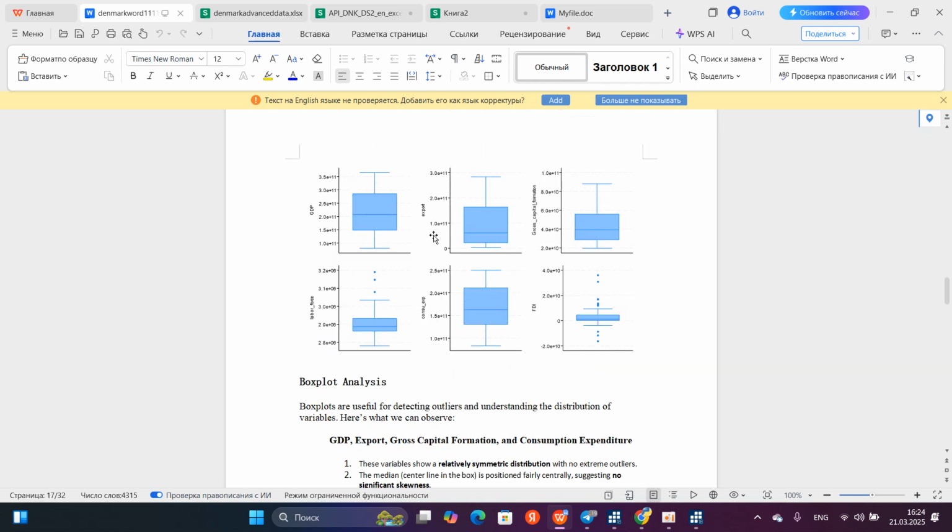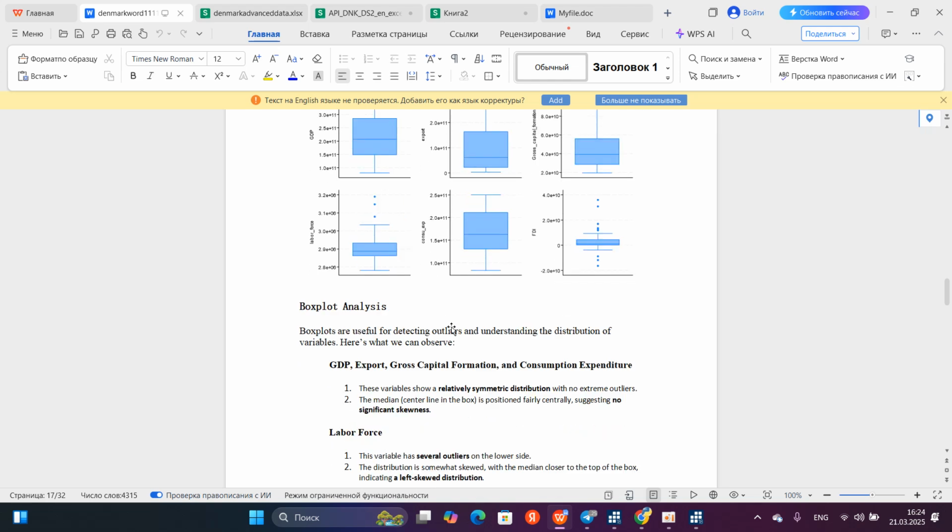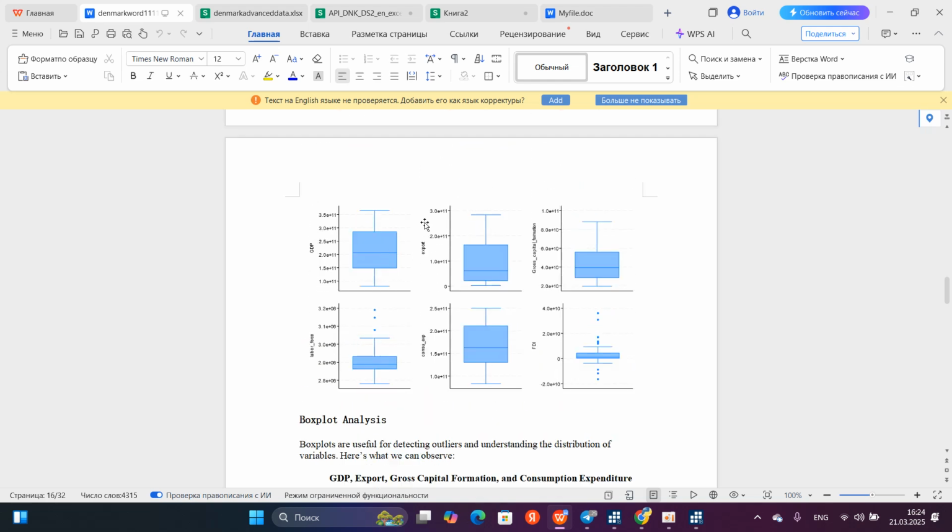Here you can see GDP, export, gross capital formation, and consumption expenditure. All of them are in our graph box. When you see this kind of plot, these are one or two variables that are far from normality. This square represents 75% of our indicators, and these lines are 25%. The bottom line shows us the lowest value of our variable, and the highest point shows us the